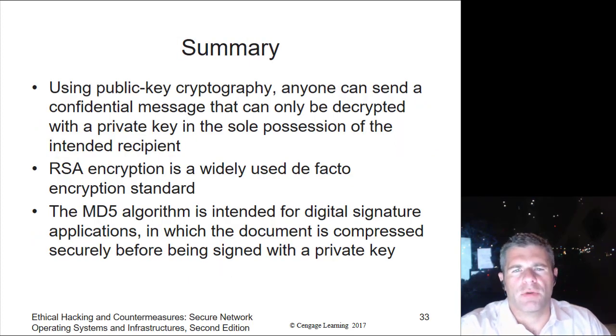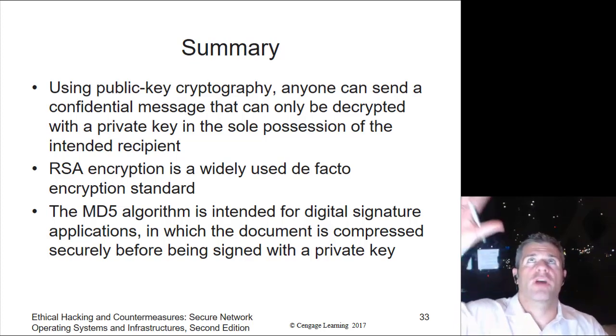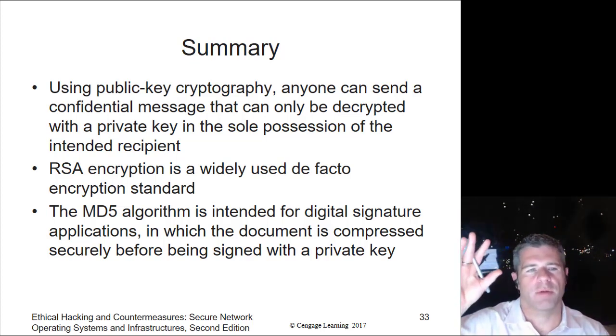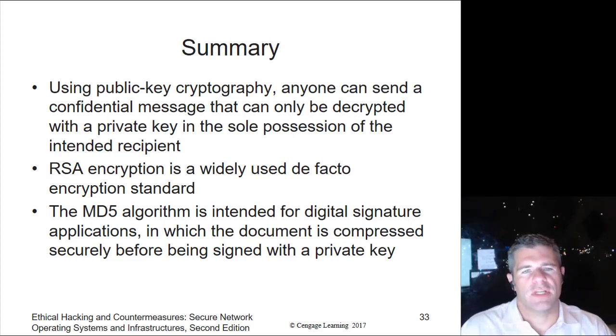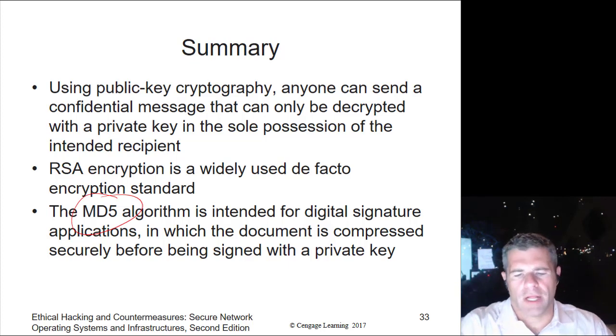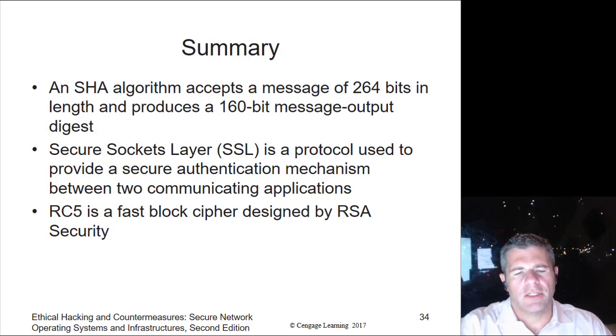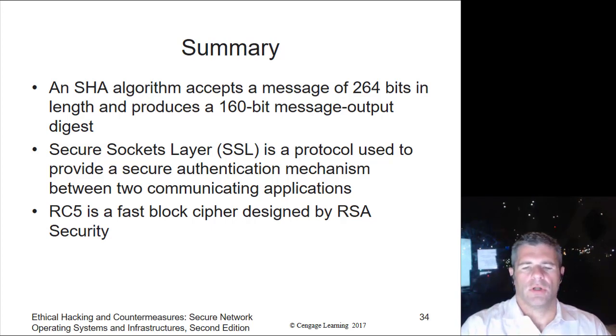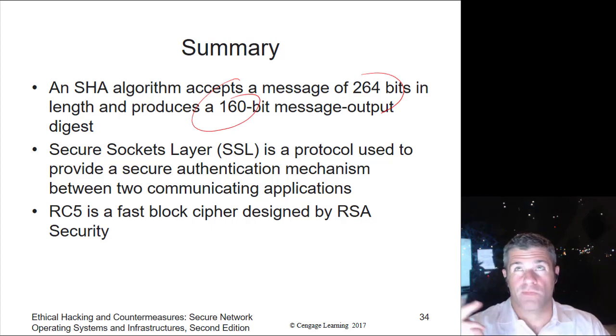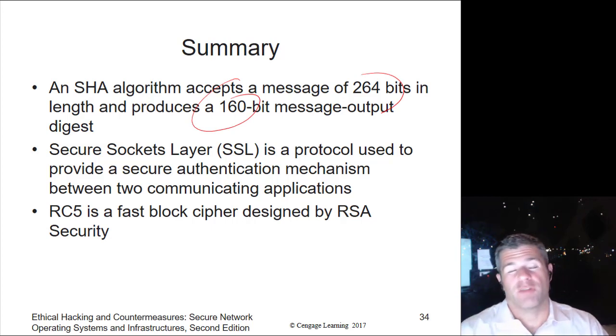So public key crypto lets us send confidential messages even though we've never met, as long as you trust whoever is saying that this is in fact my public key. RSA is one of the de facto crypto standards out there. An MD5 sum or algorithm is a digital signature type of deal. SHA has sort of supplanted that in a lot of spaces, although small inputs and small key size is kind of a problem for them. It's not broken. Just need to move on to the newer versions.